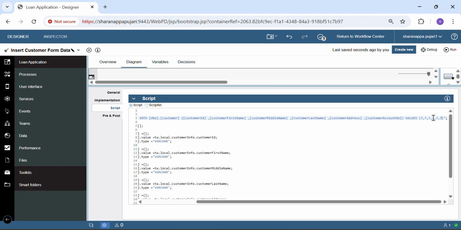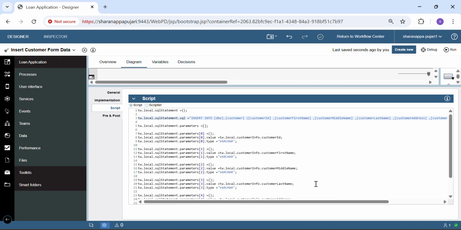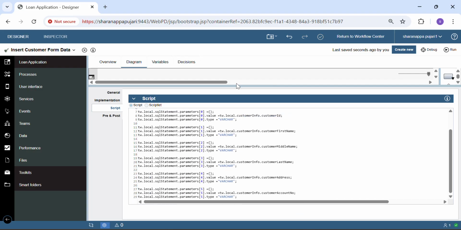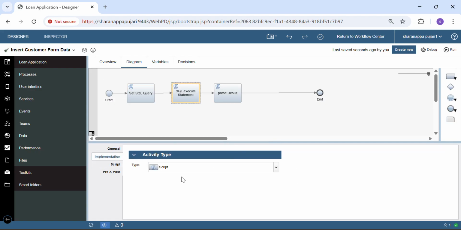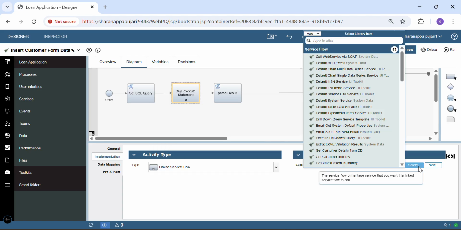That's the reason I'll give 6 question marks. Okay. 6 question marks are done. So our insert query is ready now. Then post that what we need to do, we need to execute the statement. For that, I'll change it to the linked service. Then I'll be attaching a SQL